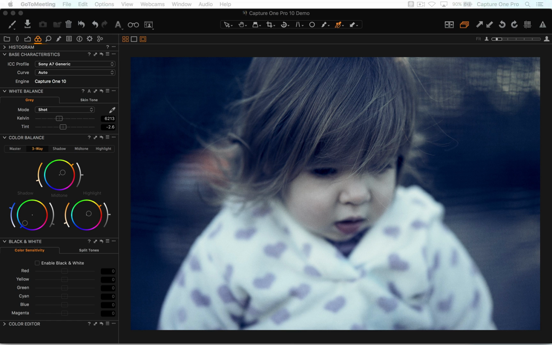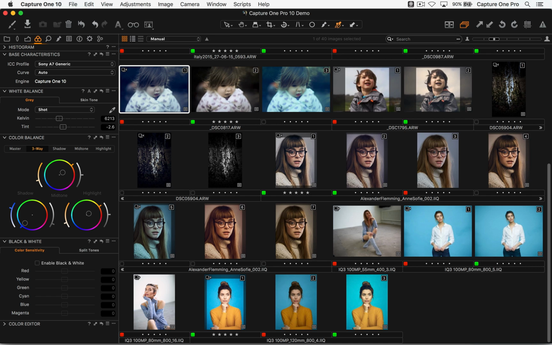So let's stop sharing the webcam for a second. Oh, actually, one last thing I wanted to talk about. Whoever was asking about keyboard shortcuts with hiding and showing the viewer, for example, like so. You just saw it in the corner, but also I have been using the Capture One keyboard. This is a keyboard made by Logic. It's available only from Phase One partners, so go and see your Phase One partner if you're interested in one. It has all the shortcuts printed on it, and this is the one I use for hiding and showing the viewer, for example.